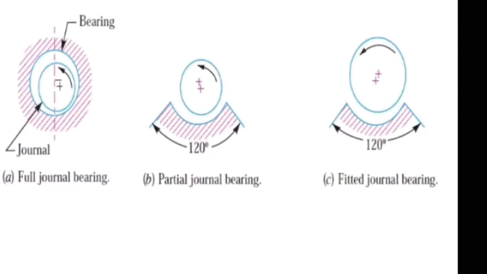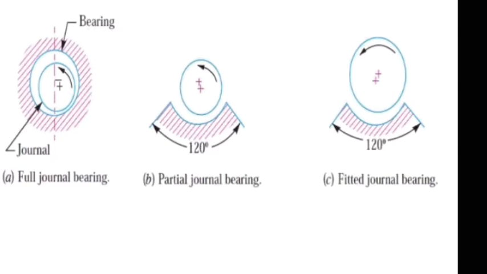And when we discuss the applications of partial journal bearings, these are used where the load acts in only one direction, mostly in railroads as well as car axles. This is about the applications of partial journal bearing. If you look at full and partial journal bearings, the diameter of the journal is less than the bearing. So that's why these types of bearings, full and partial journal bearings, are called clearance bearings.